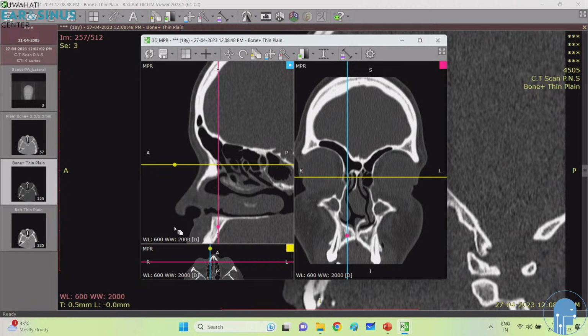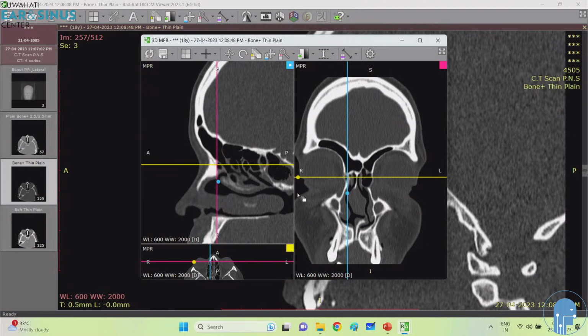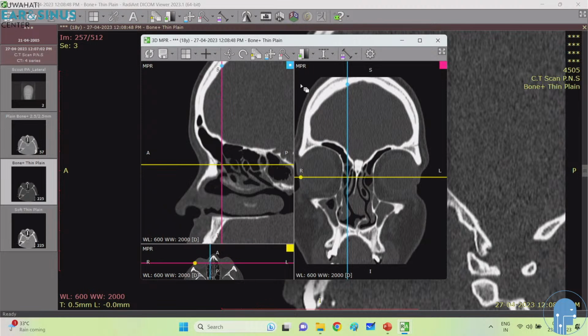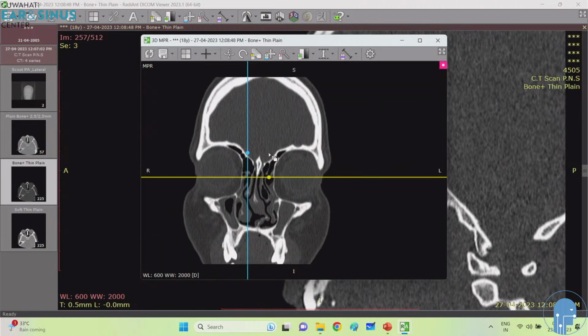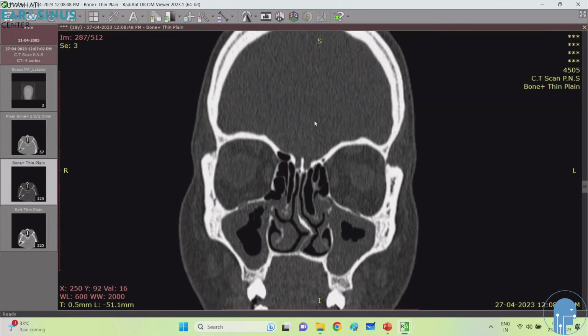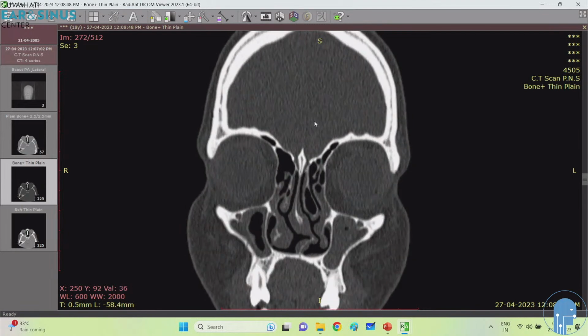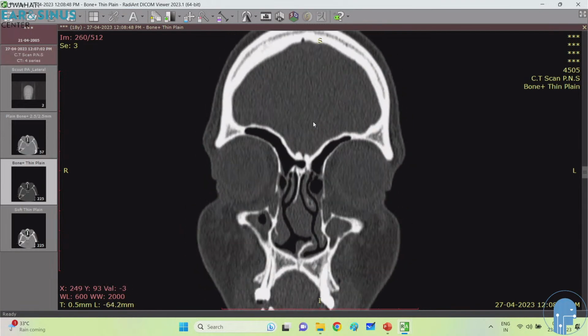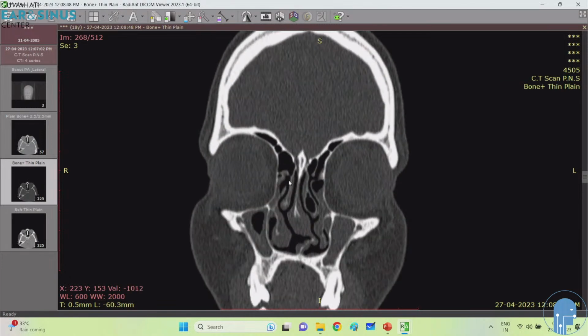With the help of a 70-degree scope, we have to go posteriorly and flex it outwards. You can see here the attachment of the agar nasal cell. If you go far posteriorly,